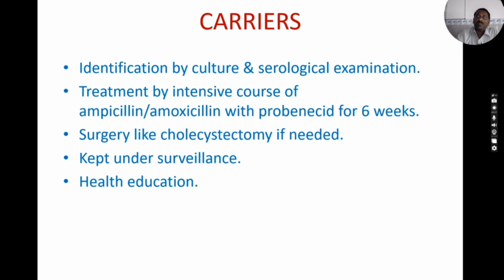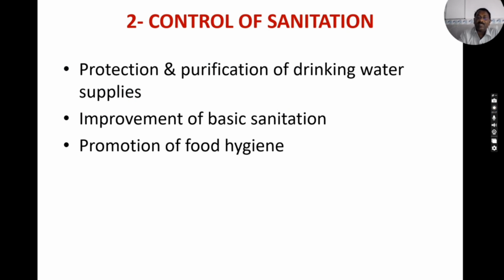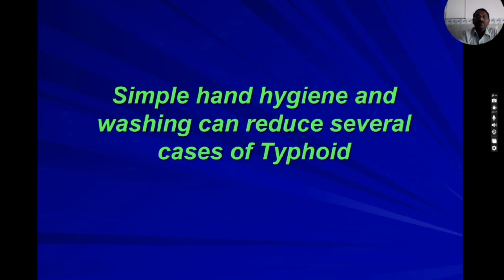Kept under surveillance, and health education is very important here. Hygiene is very important. Control of the sanitation. So purification of the drinking water, basic sanitation improvements, food hygiene, simple hand hygiene and washing can reduce several cases of typhoid. So this is a very important